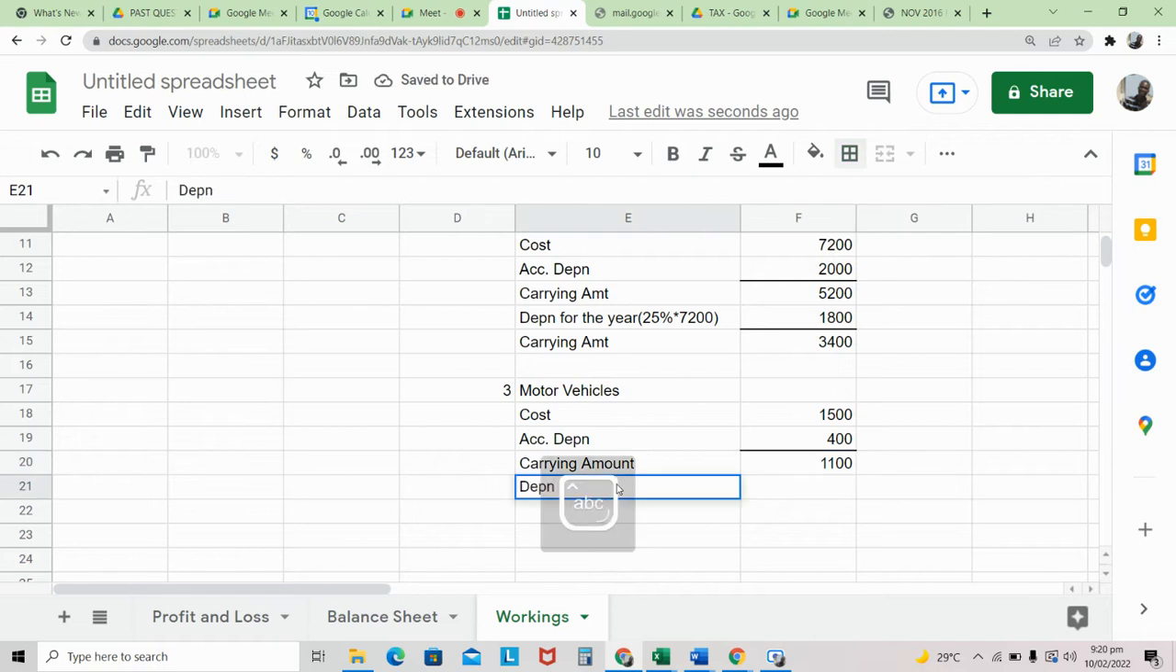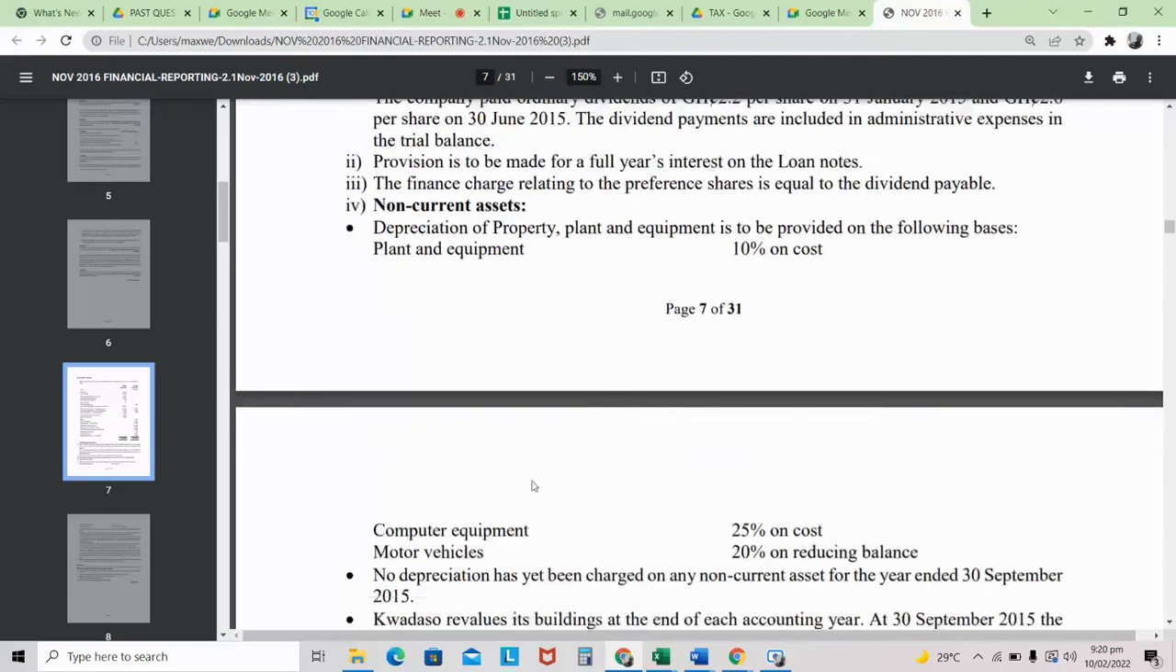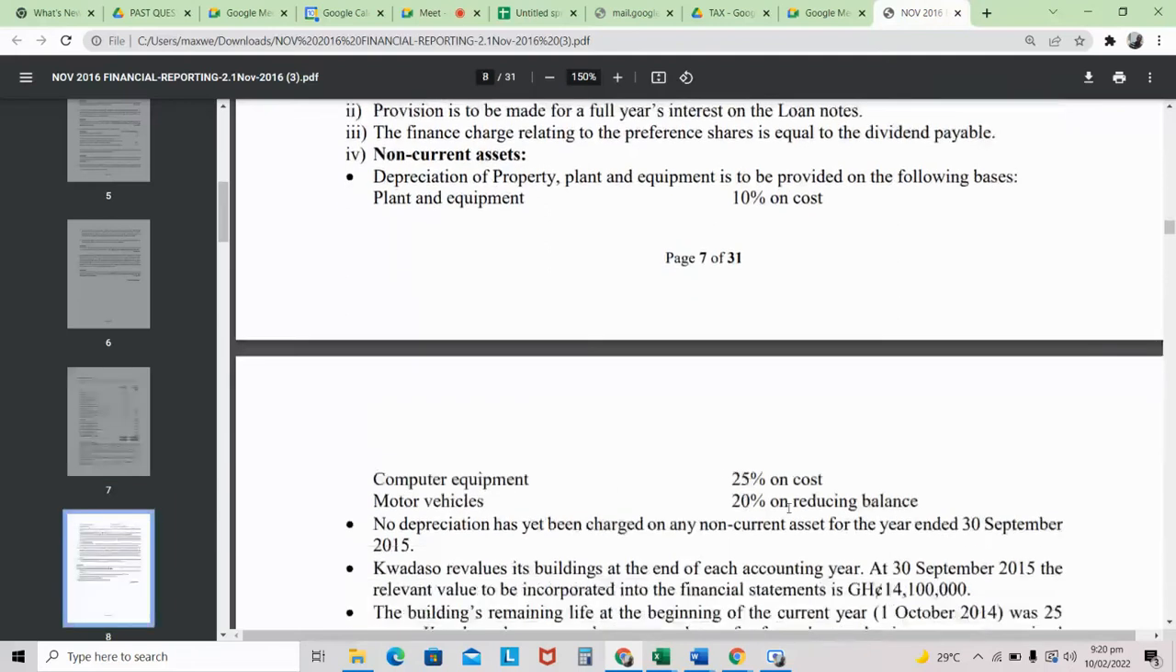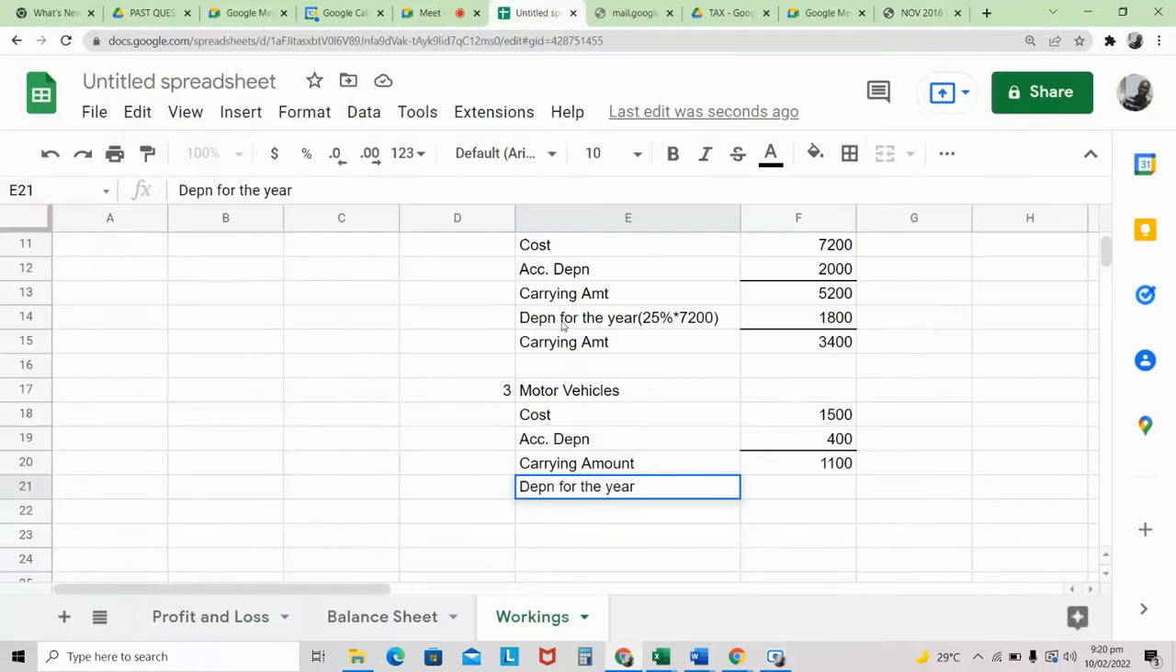Okay, we have our depreciation for the year, and it is how much? 20% reducing balance. So reducing balance means that you apply the depreciation on the current amount. On cost means you apply the depreciation on the original cost. So reducing balance here means we are going to apply the depreciation of 20% on the current amount of